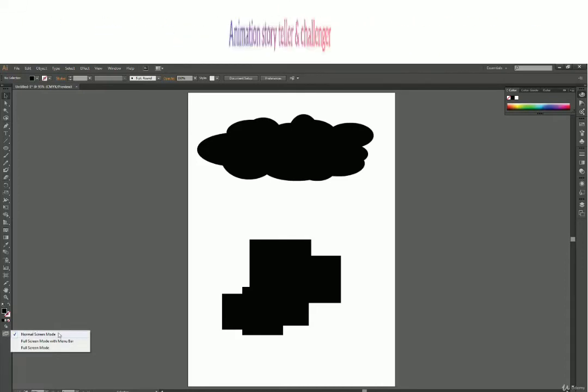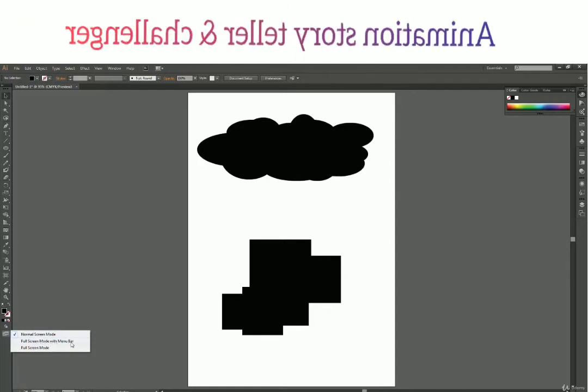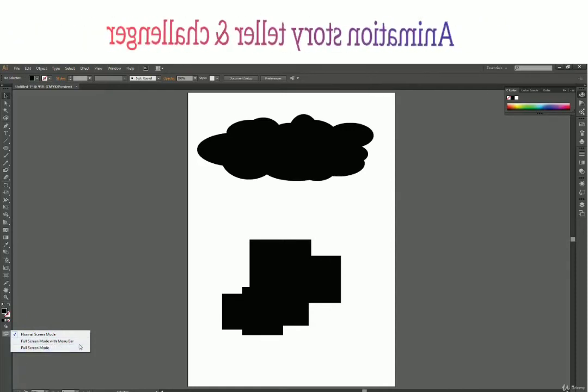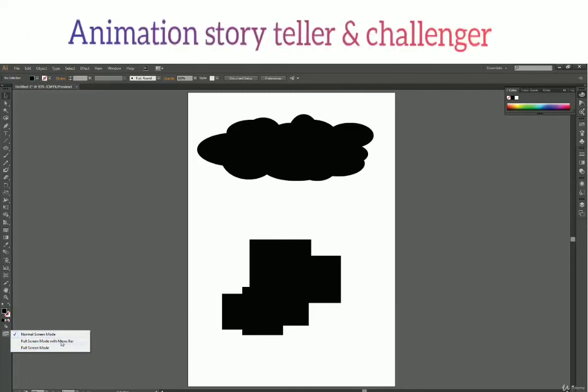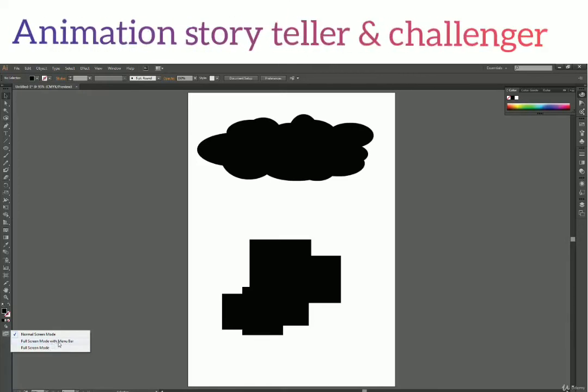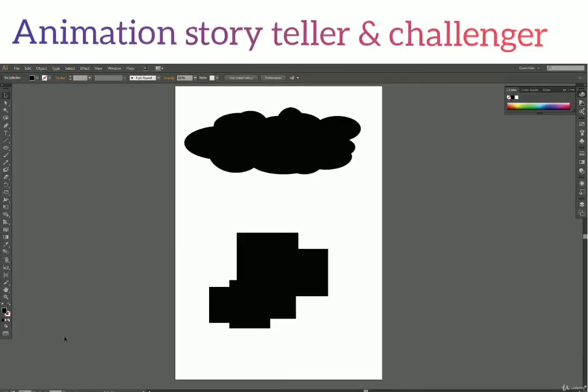One is normal screen mode, second is full screen mode with menu bar, and third is full screen mode. Right now we are in normal screen mode, and let's switch to full screen mode with menu bar. I'm just going to click on this and see what happens.